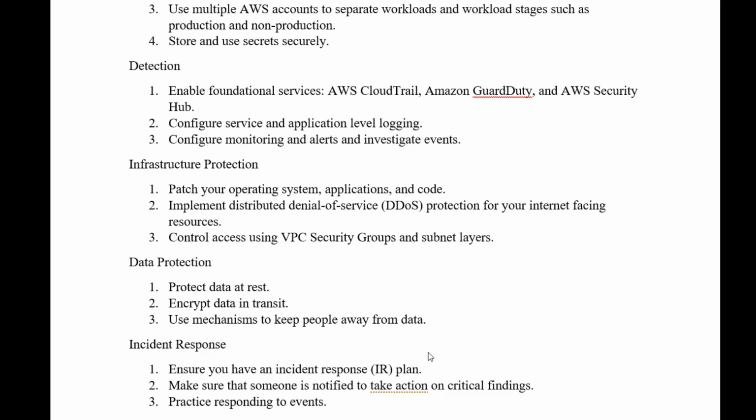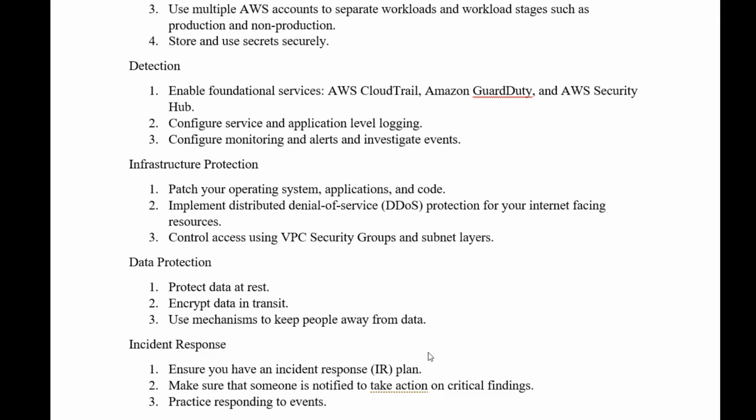We have to make sure that the data is protected and securely stored. Protecting data at rest is something we can enable from the AWS service itself. We can enable AES-256, which is an encryption mechanism, to store the data encrypted at rest.